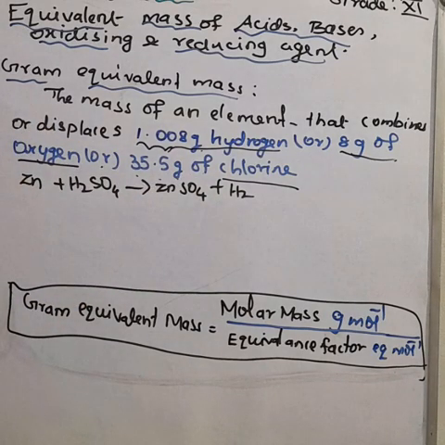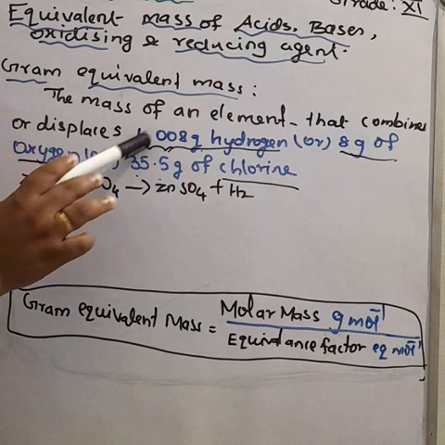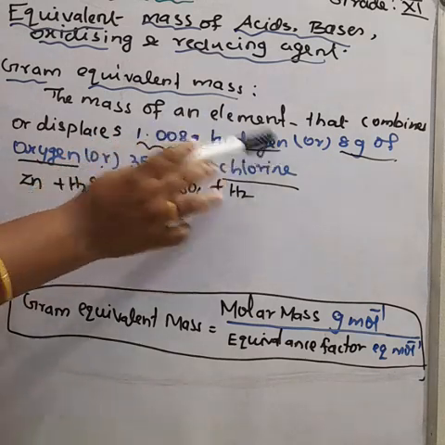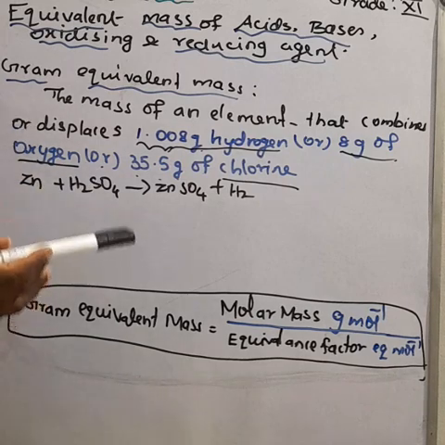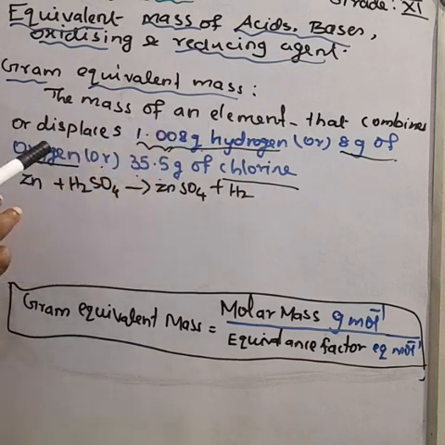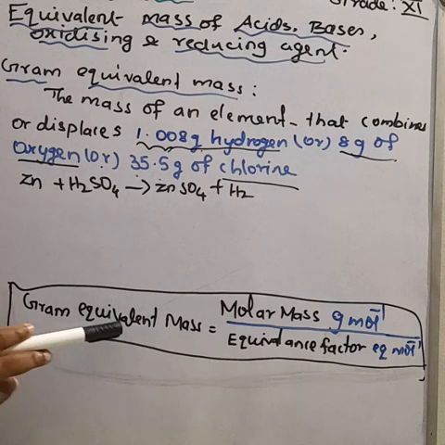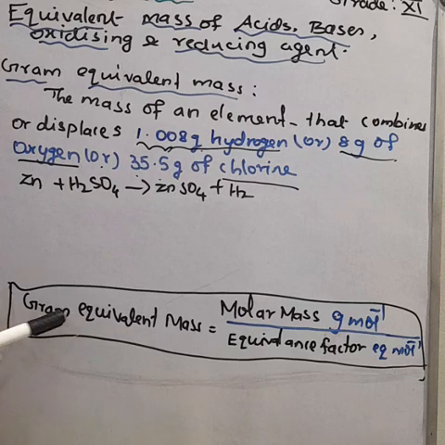So that element should react with hydrogen, oxygen, or chlorine, or displace them. Then only we can calculate the gram equivalent mass. Suppose other substances cannot react with, combine with, or displace hydrogen, oxygen, or chlorine. For that particular substance we can calculate the gram equivalent mass by using one formula, that is, gram equivalent mass is equal to